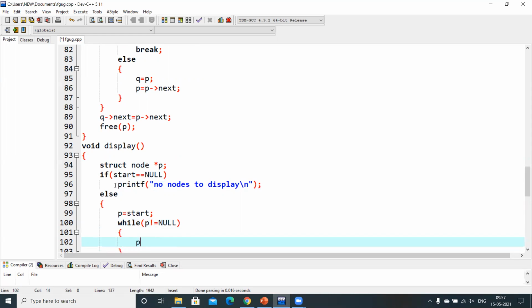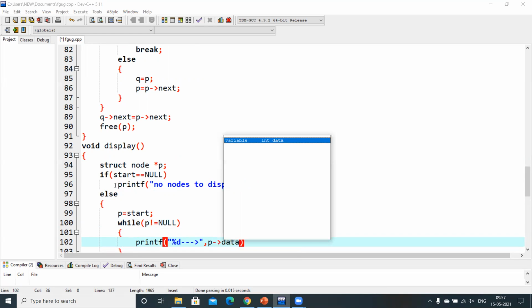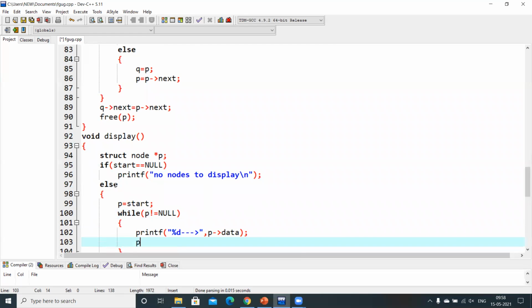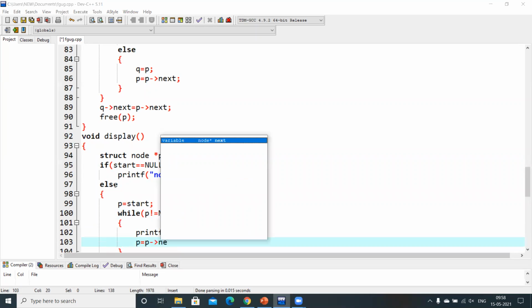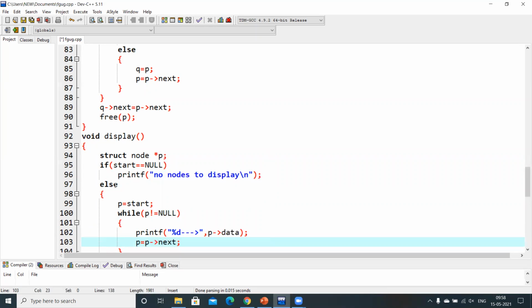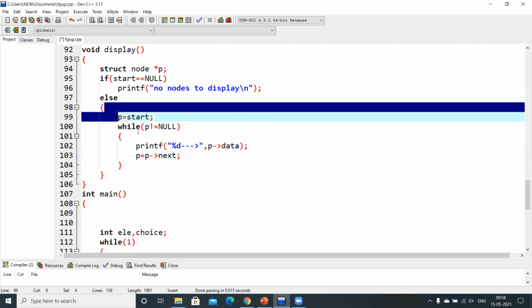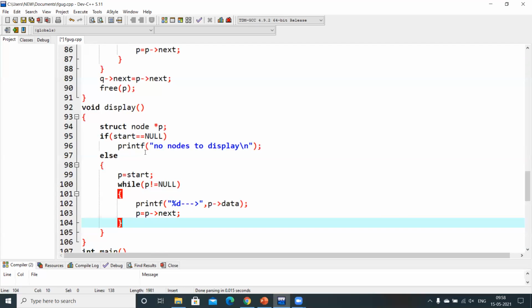See, printf, I will print out the data with %d, because I consider integer data, and I am taking some symbols in order to differentiate one element from another, and I'm accessing p of data, right? Now I need to move to the next node, so p equal to p next. With this, we can traverse the entire linked list.